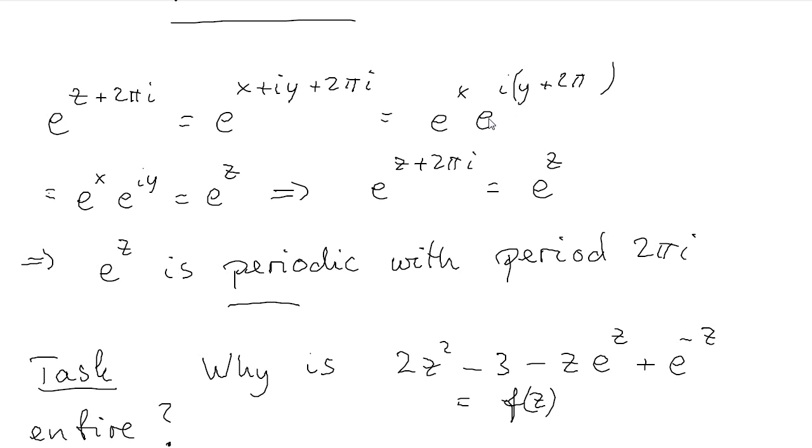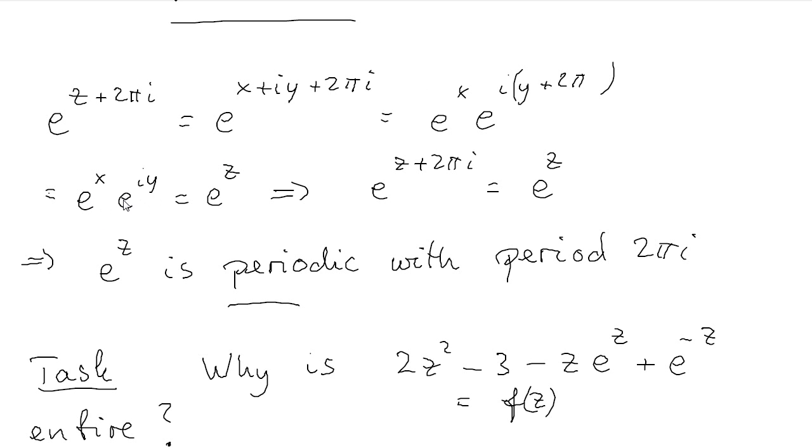Here we see that we have the exponential function of i multiplied with y plus 2 pi, and this additional i 2 pi does not contribute anything, so we can remove it, and we obtain this,